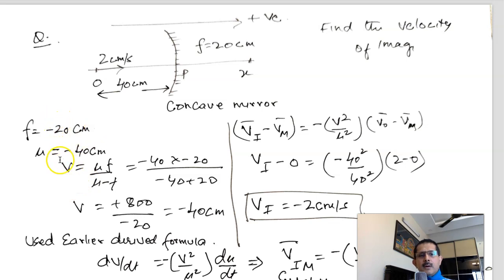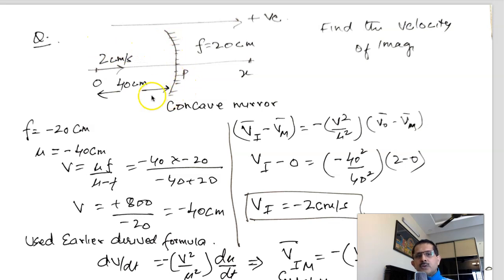We have been given f, which is focal length, and we have been given the distance of image, pole and object as 40 centimeter. So remember, the incident ray here in this case would be in this direction,